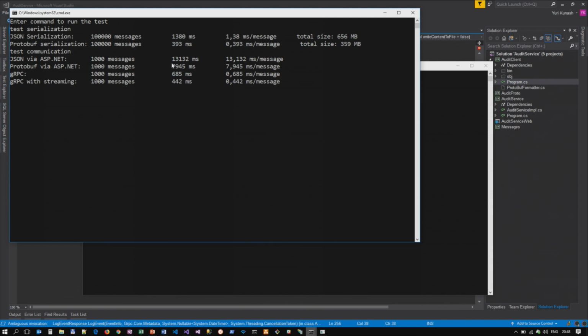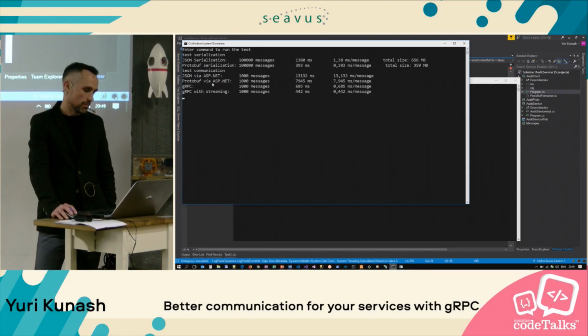And for 1,000 messages, it took 13 seconds to process these messages by Kestrel and ASP.NET when they have been serialized to JSON. It is possible to just use protobuf together with ASP.NET, and it gives you about 40% performance gain if you use protobuf with ASP.NET applications, right? So it's not necessary to use gRPC for having the benefits of the protobuf mechanism. And if you just use